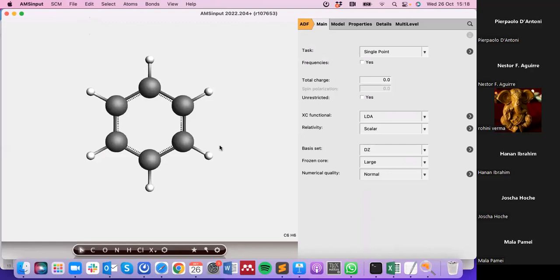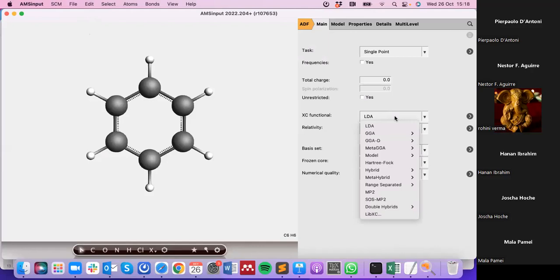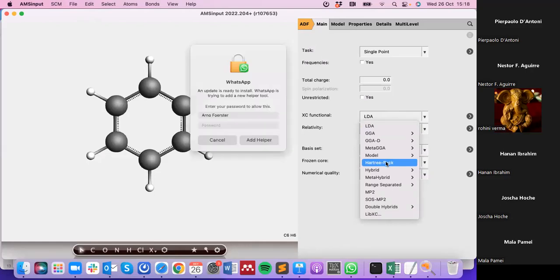So I already copy pasted the coordinates of the benzene molecule inside. And now I'm basically just going to show you how you can get a good result for the system, what settings are important, etc. So first of all, the functional. I mentioned that there's a strong starting point dependence on our functionals. And typically what works best, if we now restrict ourselves to G0W0 at first,